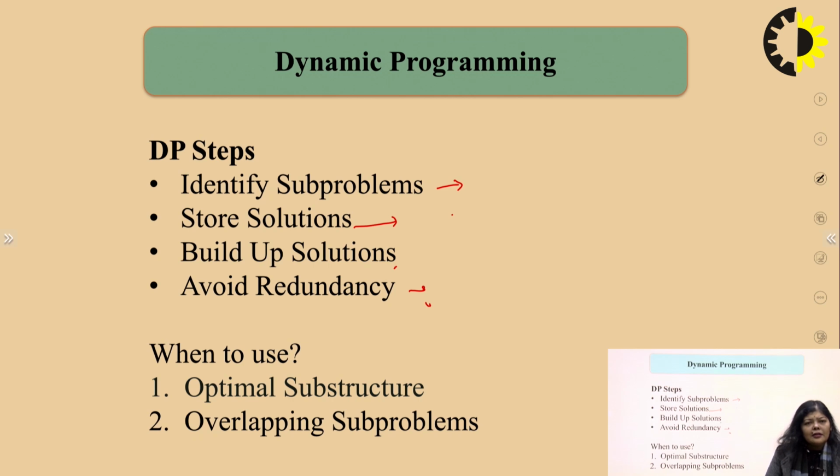So avoiding the redundancy is an important aspect, and basically the most important difference between the dynamic programming and the divide and conquer approach. In this step, what we are trying to do is that we are not trying to solve each and every sub problem explicitly as we do in case of divide and conquer approach. Rather, we are storing the solution already. So whenever we are encountering a sub problem and we need to solve it, we are first